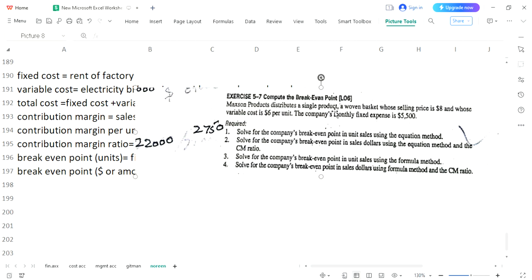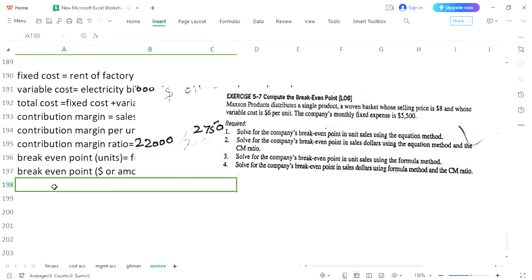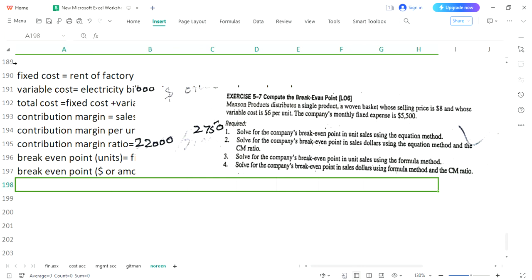That means if there is a furniture manufacturer, they are manufacturing chairs only and no other product is being manufactured. Suppose they are a cement factory, they are making cement only. If it's a book seller and he is selling only one book, there is only one product in the shop whose selling price is 8 and variable cost is 6, fixed expenses. Without knowing anything what is requirement and what is next target, we are going to make contribution margin income statement